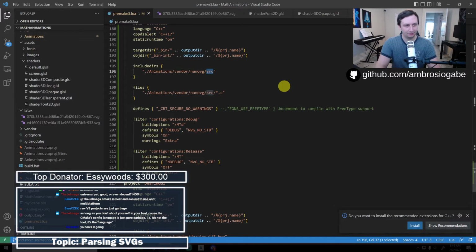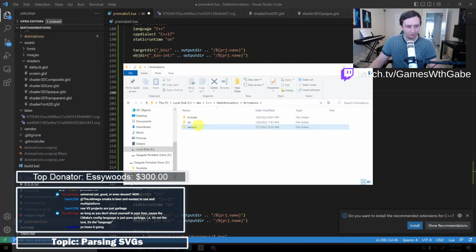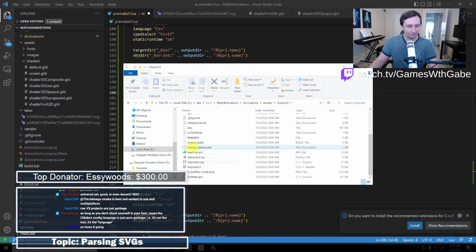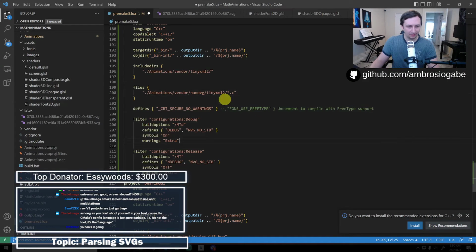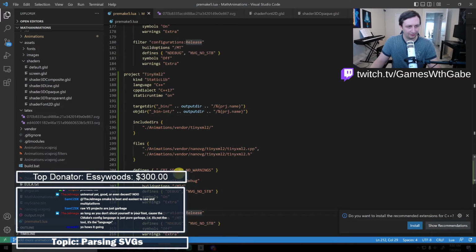Change this to that. And then this will be, I think it's just one header file is all that's in there, but I just need to make sure real quick. One header and one source file. Yeah, so tinyxml2.cpp, tinyxml2.h. And I don't think I need to include the h file here, but we're doing it. Okay, so then this, that's fine. I can get rid of that. Debug, release, that looks good.